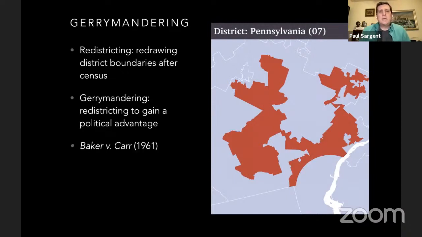Now, Baker versus Carr in 1961 is a Supreme Court case that you need to know. Essentially, the Supreme Court upheld the idea of one man, one vote. The idea that these districts have to be redrawn after every census in order to maintain population equality, or pretty close to it. So that if there are 18 districts in Pennsylvania, all 18 have roughly the same amount of population. Shaw versus Reno came around in 1993, and Shaw versus Reno tried to stop racial gerrymandering, where districts would be created in order to create majority